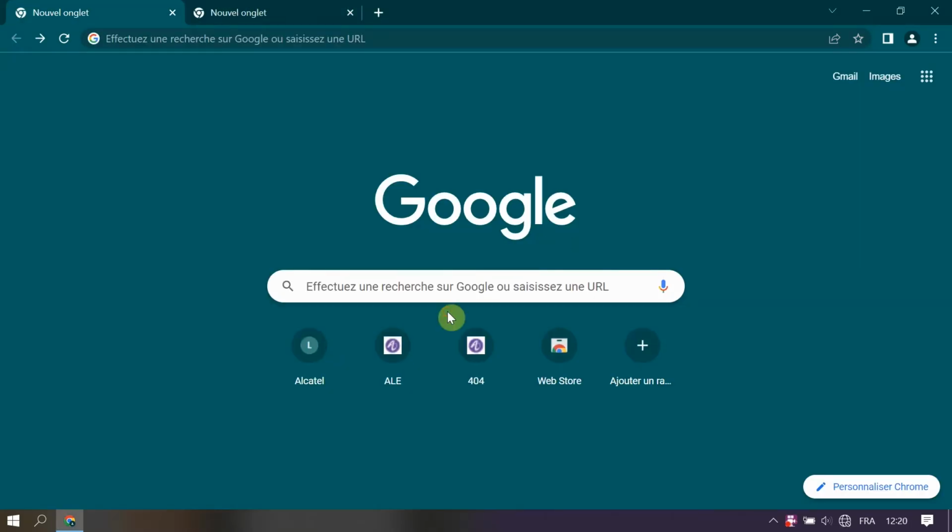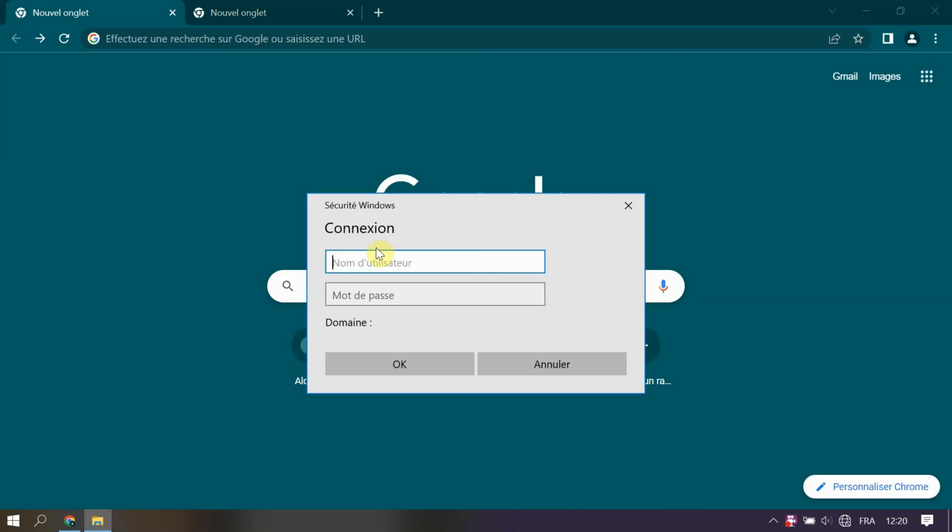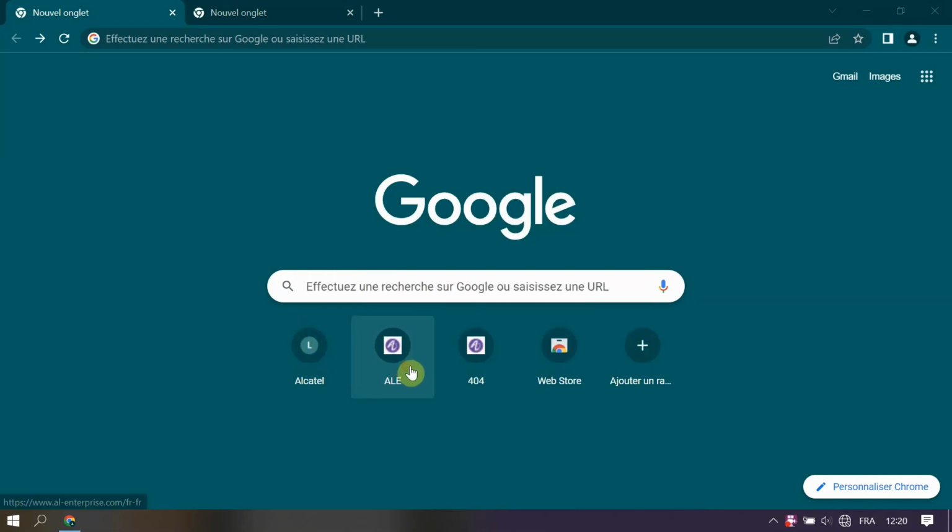So I plug the wire into the switch in order to test wired connectivity. Then we specify our corporate credential. And we can see that we have been granted access to our corporate network.